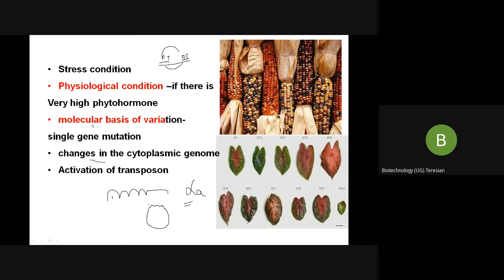So there may be activation of the transposable elements. What happens, it can lead to a single gene mutation and you get such type of variety. If you like this variety, you can keep this variety and you can grow it again in your field. But if you are not comfortable with this variety, you can always discard them. So remember,